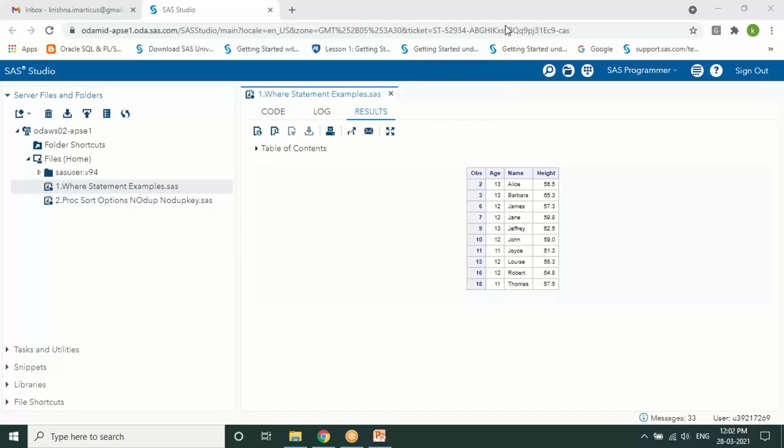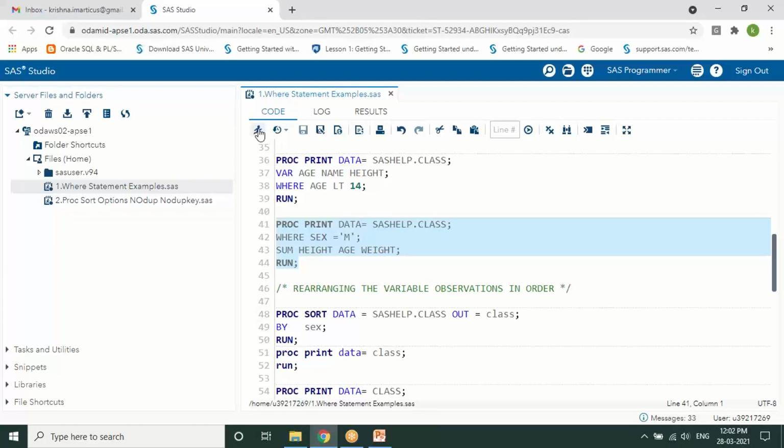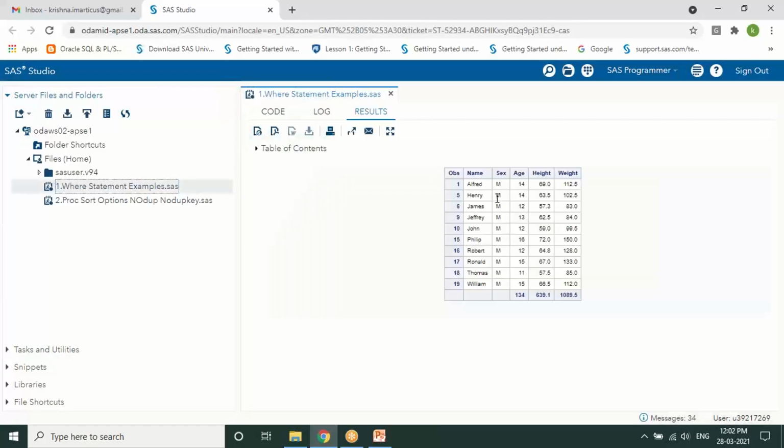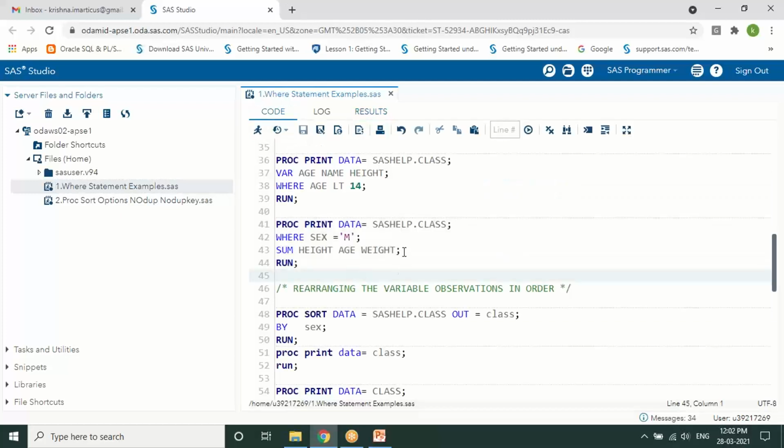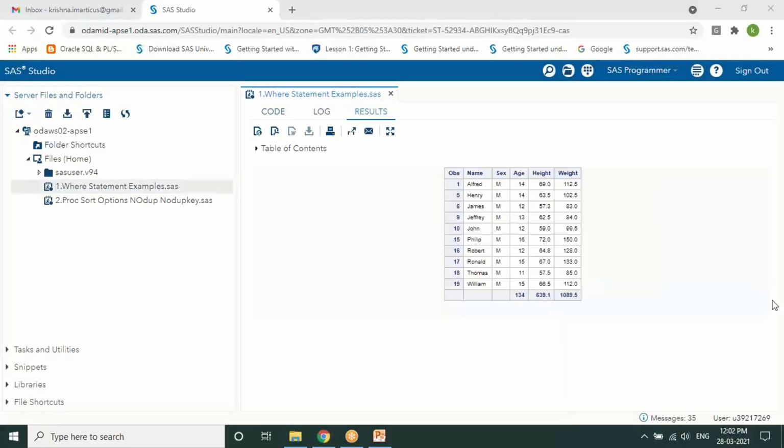So this is the where and var statement. Next is where and sum. The sum statement and the where statement can be combined. Sum is a statement you can use for totals of all your numeric values, giving the grand total. This is not a function actually, it is a statement, the sum statement. You can make a combination of sum and where to give the grand total.